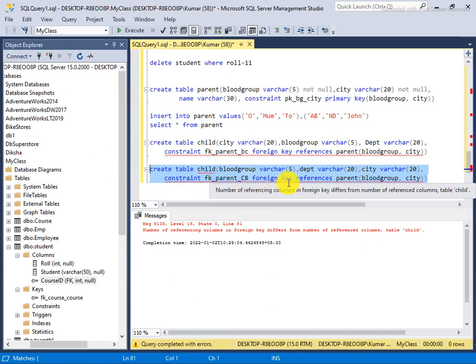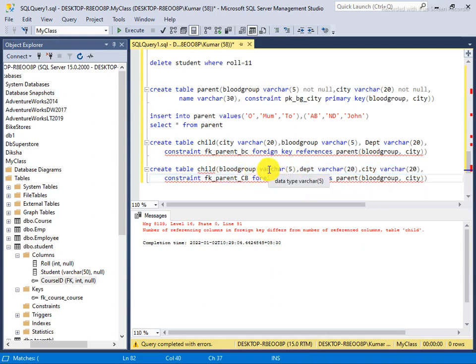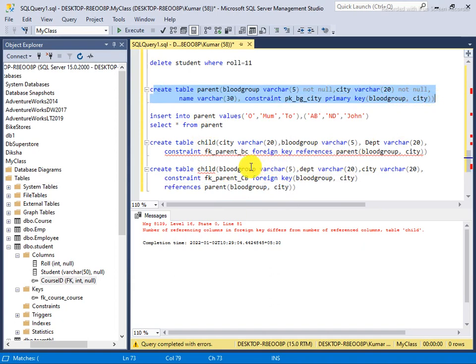Oh, sorry. Here you also have to tell which column you are using as a foreign key. So I also need to tell which column I am using as a foreign key. So the thing is that when you say foreign key, you also need to tell which column of the table itself you are using. It's this column, it means the foreign key.